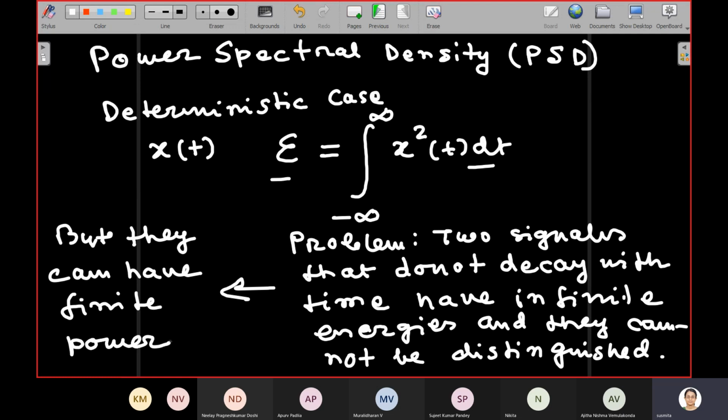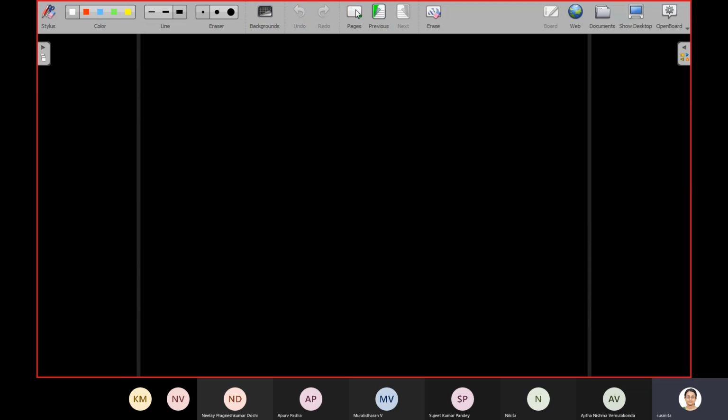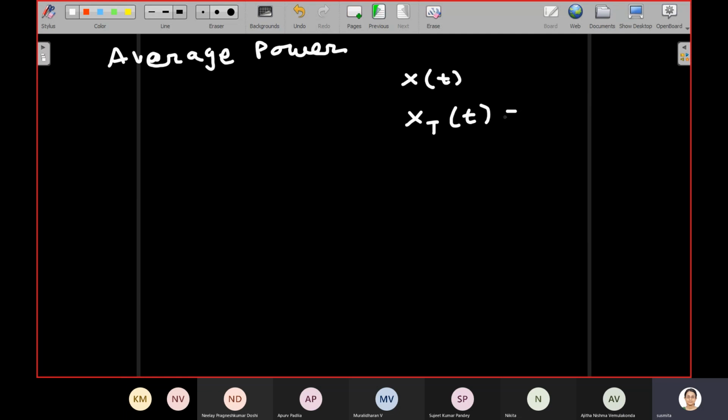So we often use power, average power. But how do I define average power? Now suppose we have this signal x of t which extends up to infinity and we truncate it. We say that the truncated version is x capital T of small t, and it is defined as follows. It is equal to x of t